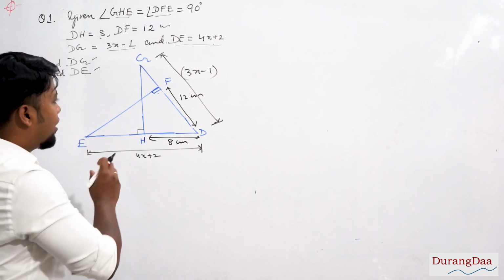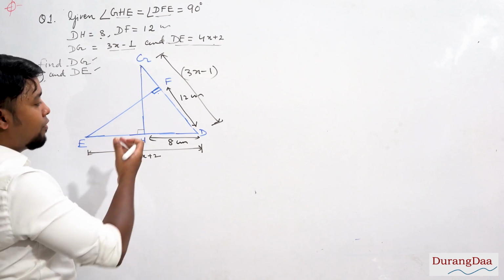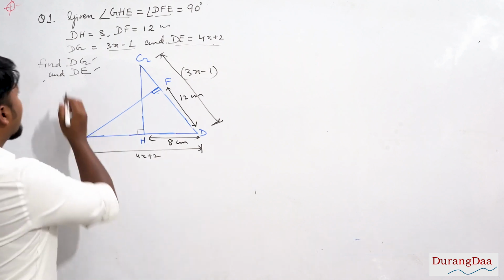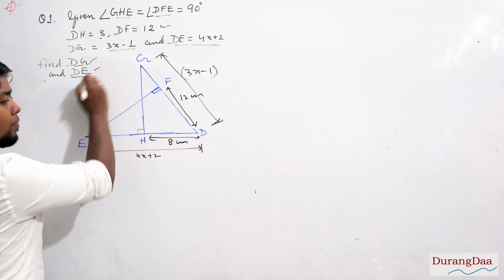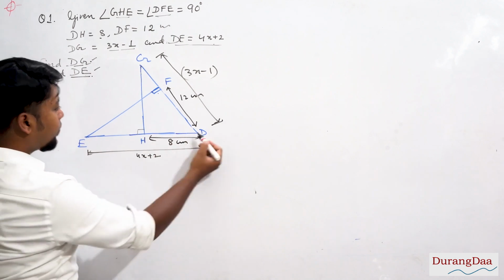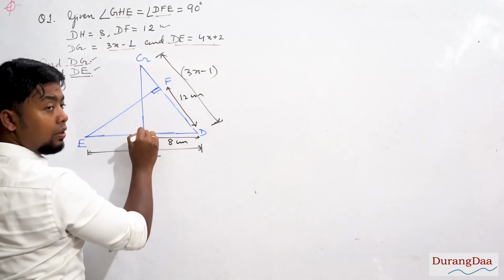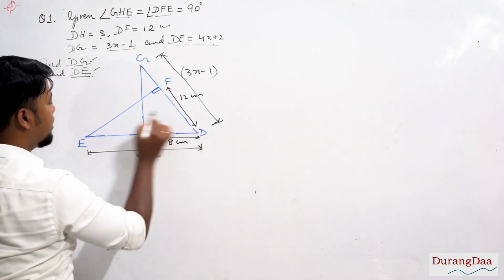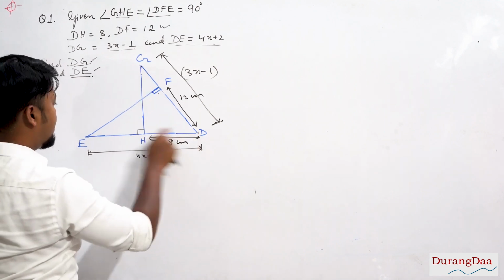Second step, identify the correct triangles. All right. So which two triangles we should choose so that we may get the correct ratio. One hint I'll give you, because you have to find the length of DG and length of DE, all you have to think is DG side belongs to which triangle. Look carefully. DG belongs to triangle DGH, and DE belongs to triangle DEF. So the two triangles are triangle DGH and triangle DEF.